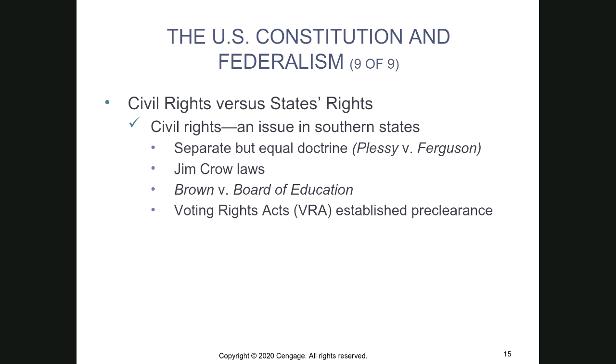Okay, so over time, we see this cooperative federalism. Well, eventually, states like Texas tend to see the federal government and the state working less in cooperation than they feel like really the federal government is coercing Texas into doing what it wants. And you see part of this through the Civil Rights Acts. So the first thing that you see this in is the separate but equal doctrine, Plessy versus Ferguson.